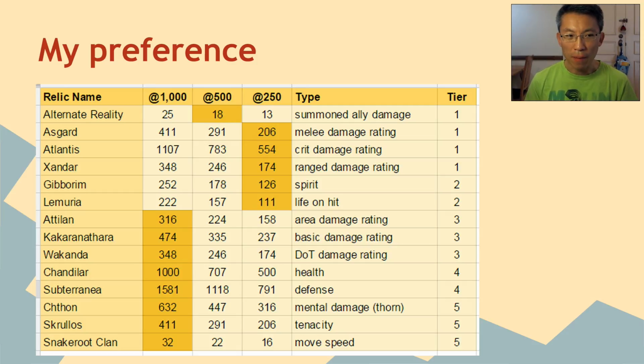So my priority goes something like this. If a hero can utilize fully the melee or range, I give those Archguard and Xander to the hero. Right? There's no need to think, because if it's a hero that is melee or a hero that's range, just give these two relics to them. The crit damage rating is for hybrid heroes, at least for me,